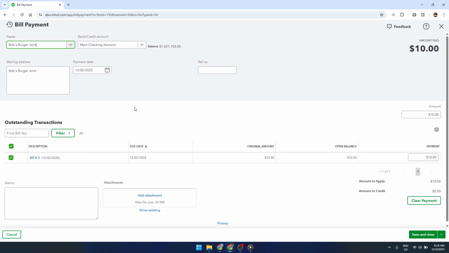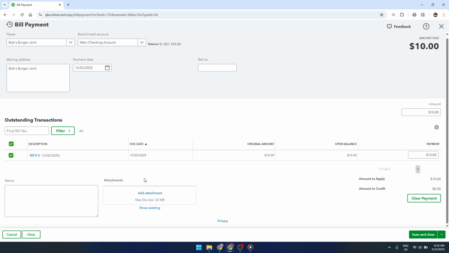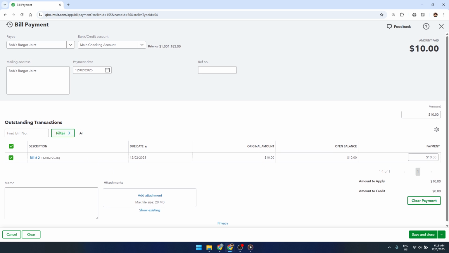If you received everything on the purchase order, you can leave the quantities as they are. However, if only part of the order arrived, this is where you record a partial receipt. In the quantity column, update the quantity for each item to match what you actually received this time. For example, if the purchase order was for 10 units, but you only received 6, change the quantity from 10